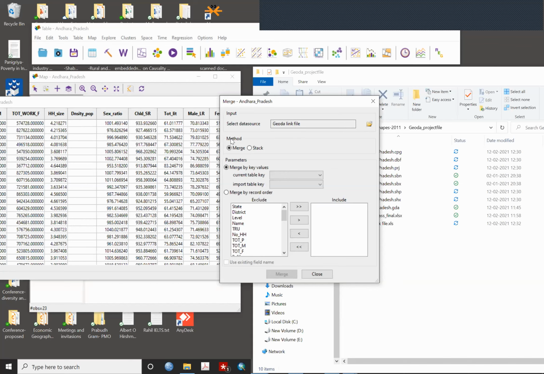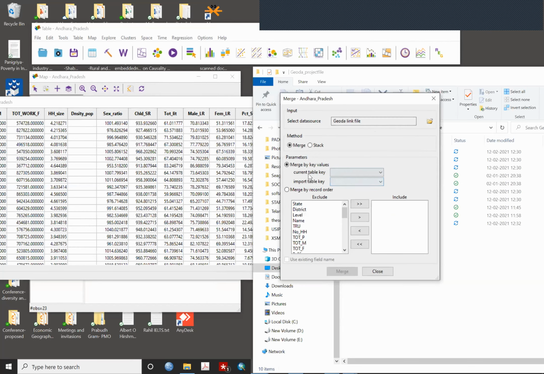Now be careful: the method is merge by key variables. The current key variable means what is actually in your Geoda.